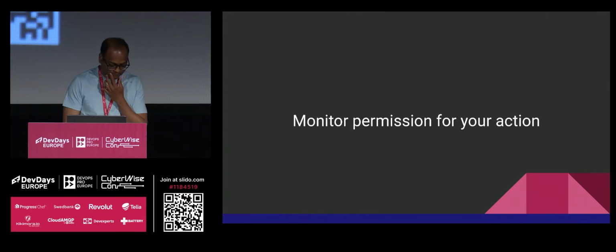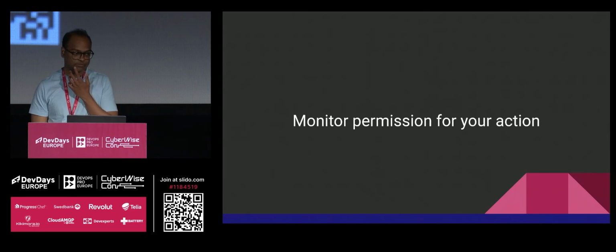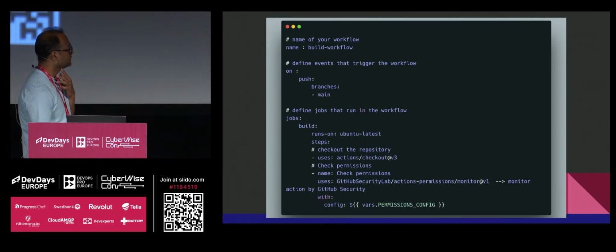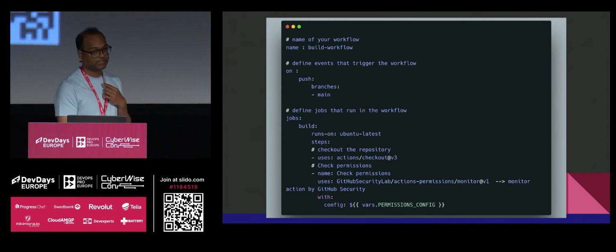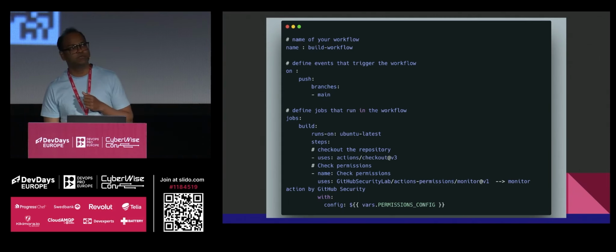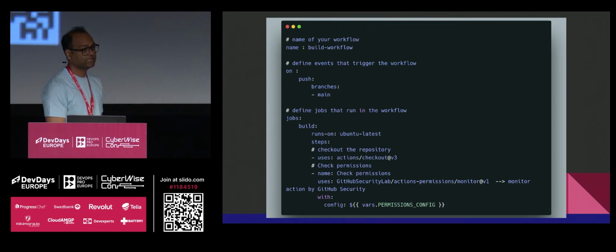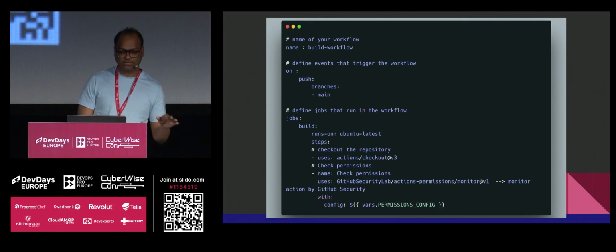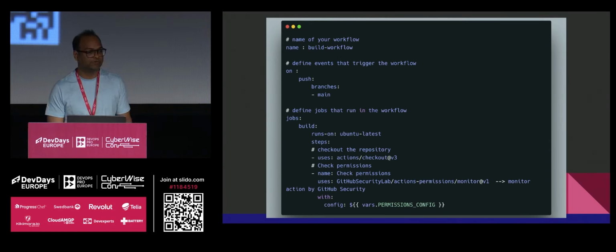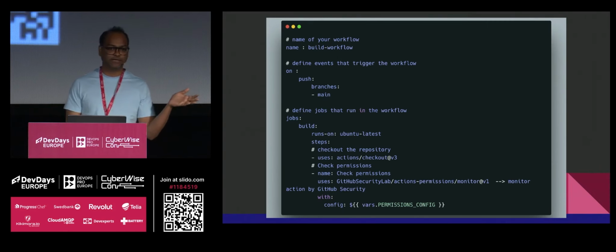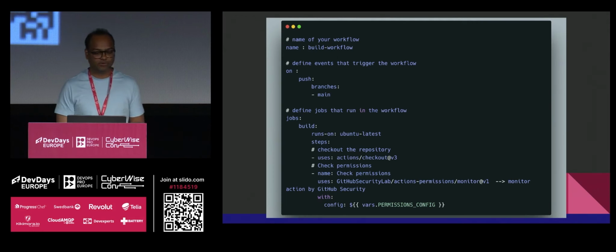Now, when it comes to knowing what level of permission you should have, this is where GitHub Security did a great job. They announced it last year during GitHub Universe. So there is a GitHub Security Action Permission Monitor action, which you can actually set on your job level, and it will tell you what permission this job needs, whether it needs read access only, whether it needs, let's say, package write access only.